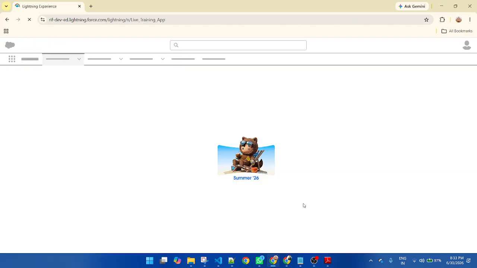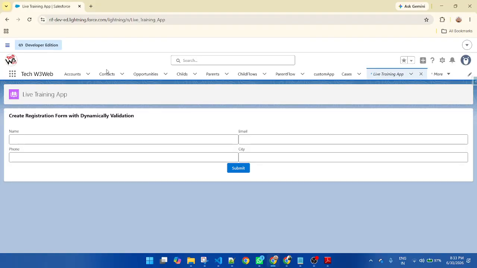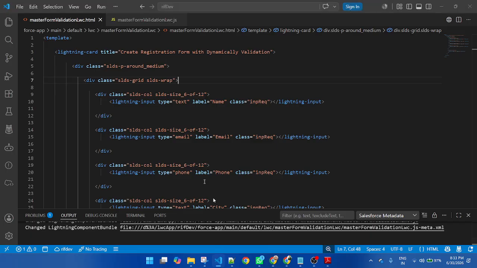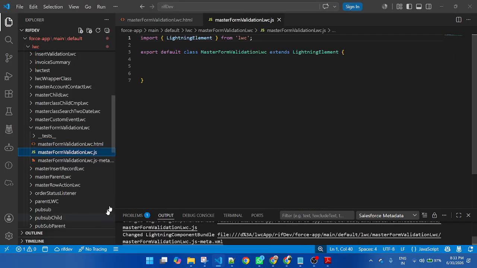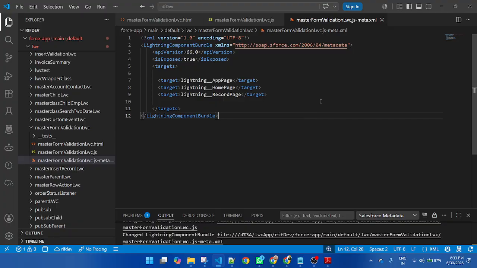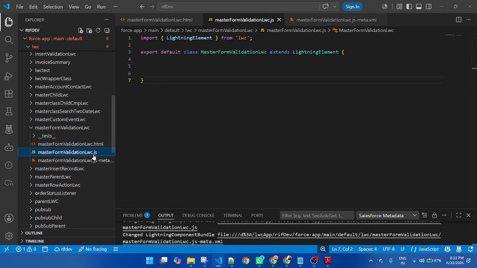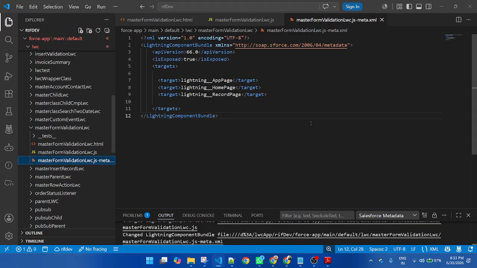Then go back. So how to display the component? If you want to display the LWC component on the page, there is a meta XML file. When you create a component, three types of files are automatically created: HTML, JavaScript, and meta XML file. In the meta XML file, you need to define targets.